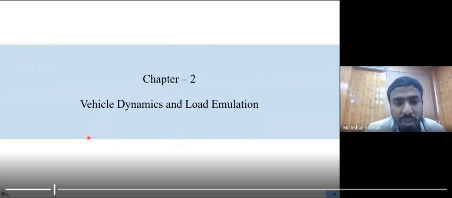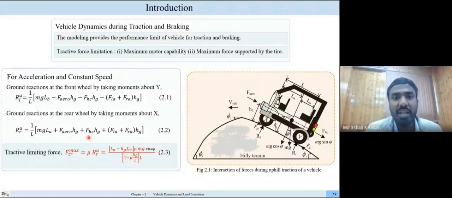So chapter 2 includes the vehicle dynamics and load emulation, which has been followed and executed throughout the experimental setup. A mathematical modeling has been done to find out the limitation of the braking force that can be applied during the traction and braking. Here, the tractive limiting force can be calculated by equation 2.3, where the ground reactions have